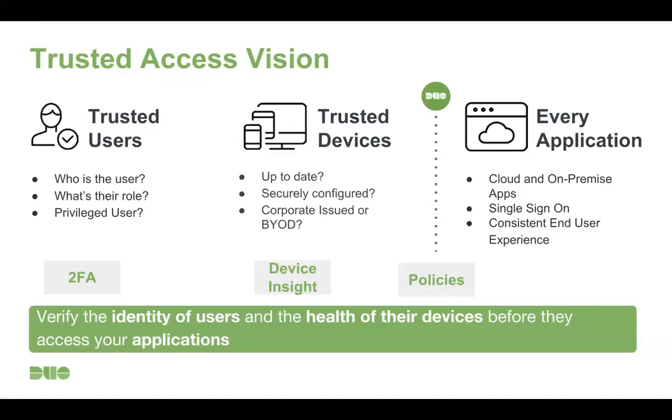Again, we'll talk a little bit more about that as we go through. But that essentially, in a nutshell, is the trusted access vision. We want to provide the organizations that work with us with the ability to verify that they trust the user who's trying to gain access to their applications, but also that we trust the device that they're using and that it meets our